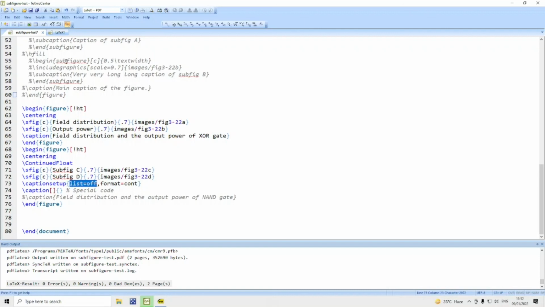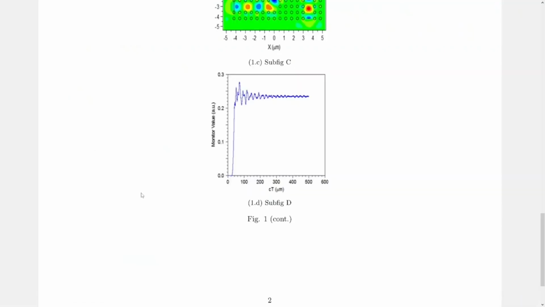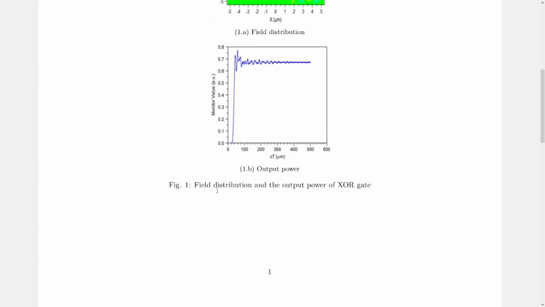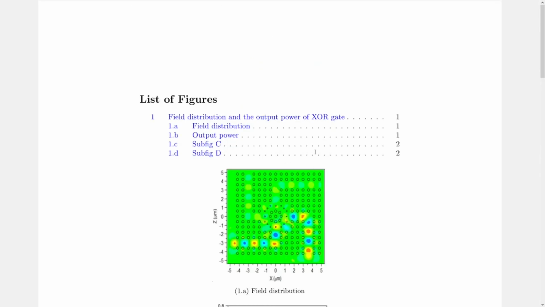Therefore this caption will not appear in the list of figures, and then format is CONT. On compilation you will find here fig 1 continued, and this is fig 1. In the list of figures, you will find main caption is on page 1. First subfigure, second subfigure are on page 1. Third and fourth subfigures are on page 2.